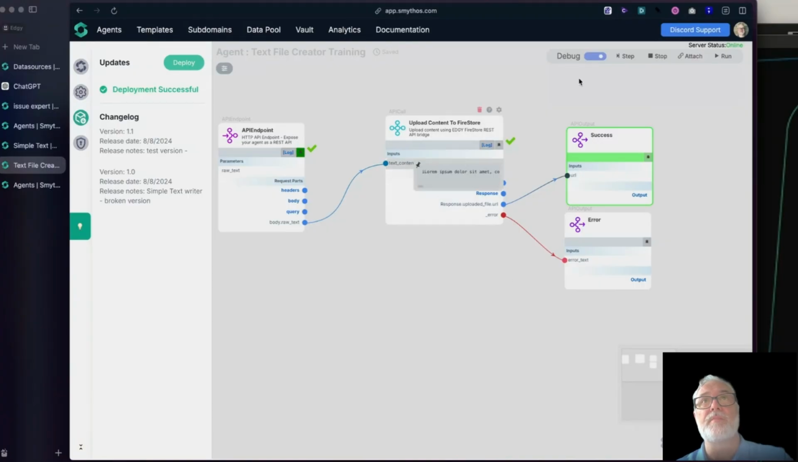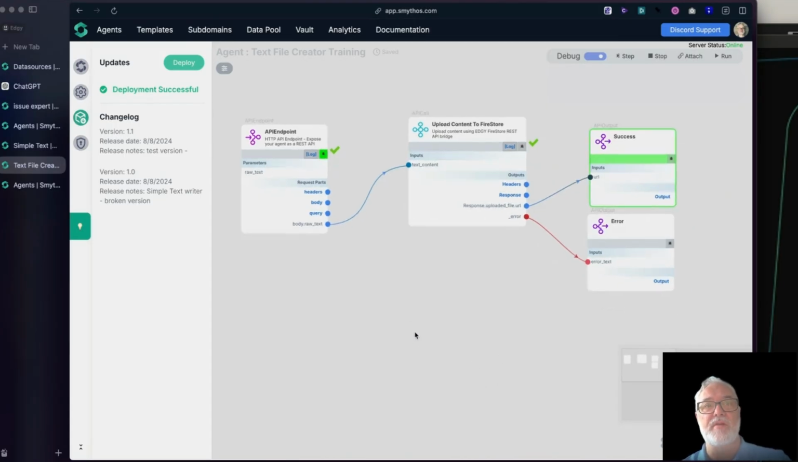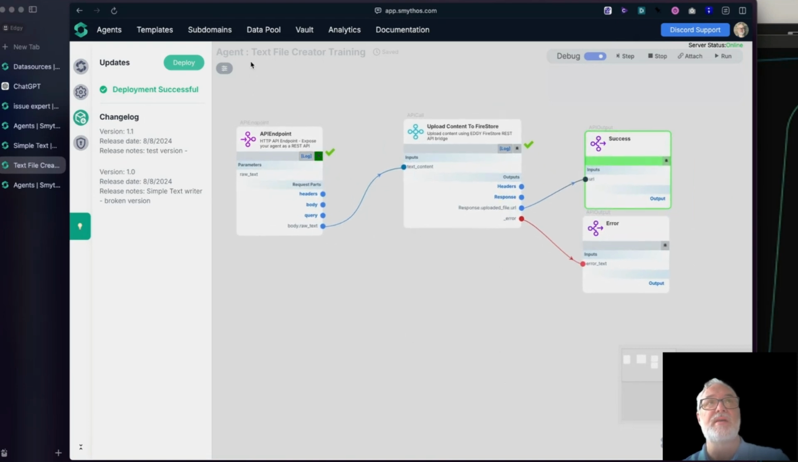Everyone agree? We had success. There's that URL. We have a working agent here, yes? Can I get thumbs up or thumbs down? We have a working agent that seems like we should be able to use, the text file creator training agent